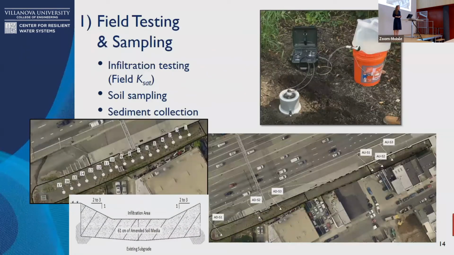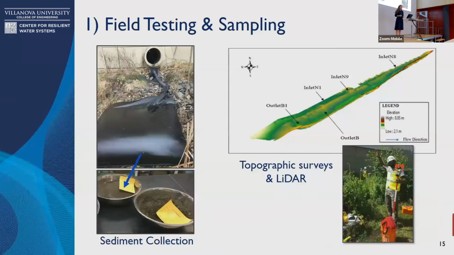So our field testing, we did infiltration tests. This is the Saturo shown here. It lets us know what our KSAT is as the water is going into the ground. And then we took soil samples at all of these locations shown above me. We took samples at 0 to 15 centimeters, 15 to 30, and then 30 to 45. And then we took deeper core samples at these locations, the upstream and downstream locations, AU upstream and AD downstream here.